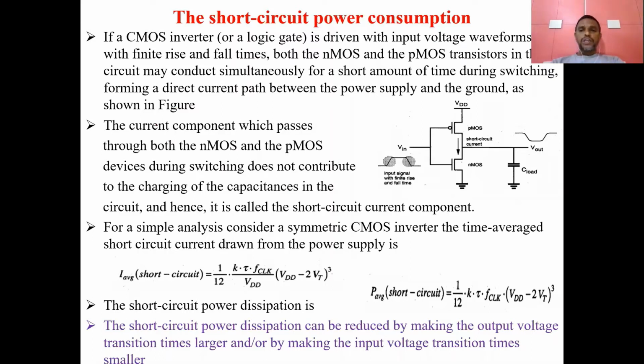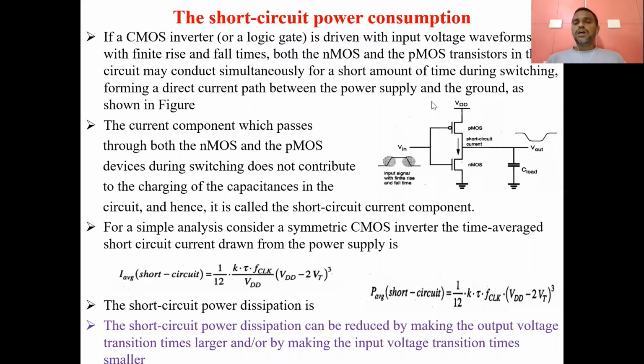Okay, so at that point both will be in on condition, which means what happens here? If this PMOS and NMOS are both in on condition, there will be a current flow between the VDD and the ground. That is nothing but, at the same time, instead of charging this load capacitance, more current will flow between the power rails. The power rails means here VDD and VSS. Okay, so this is called what? Short circuiting of this VDD and ground. Okay, so because of that the current will go from VDD to the ground. So that is called what? The short circuit power consumption.